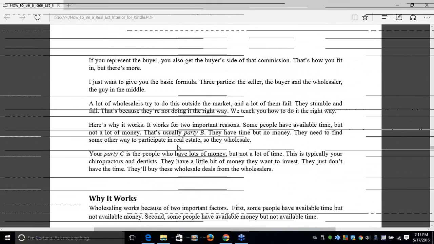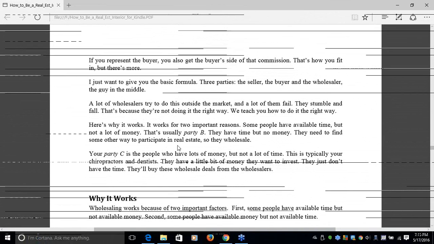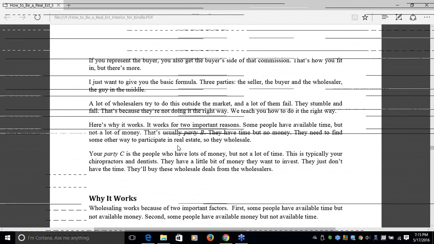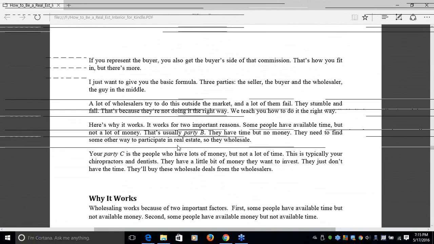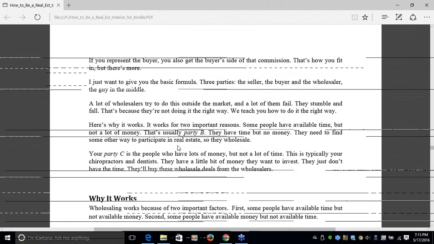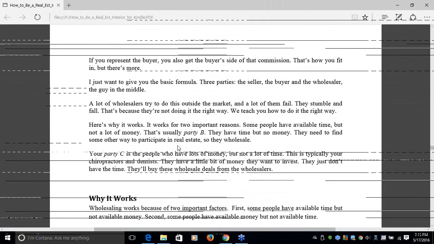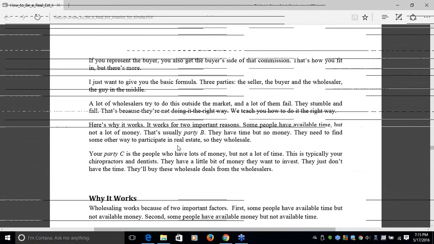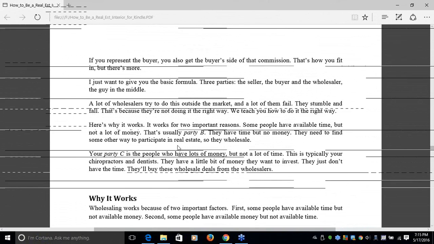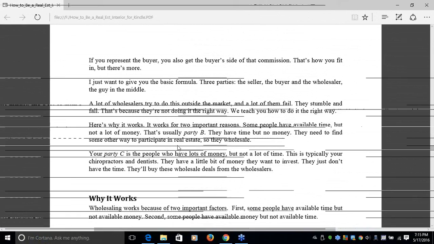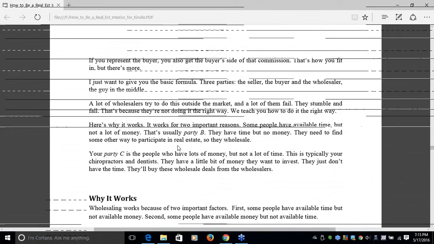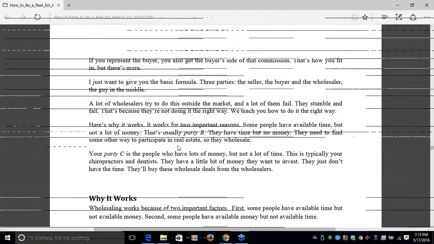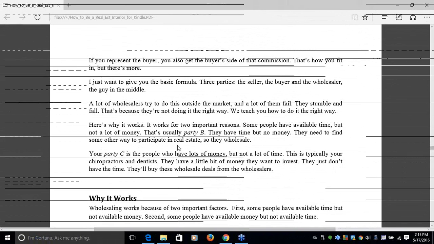The next thing is this. You want to make sure you work with wholesalers who are doing it correctly and not just any old person who says they're wholesaling. That's why we like to have you teach this class, because the biggest mistake wholesalers make is they try to find the properties first, get them under contract, and then they go find the buyers. And what happens is it's fraught with errors and